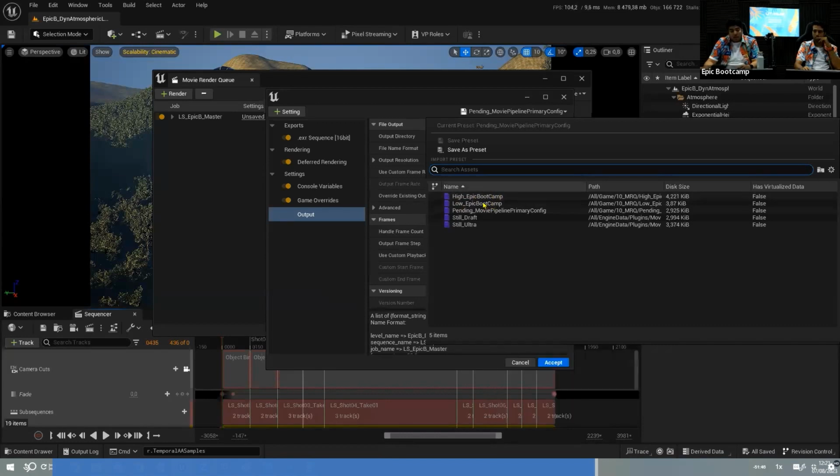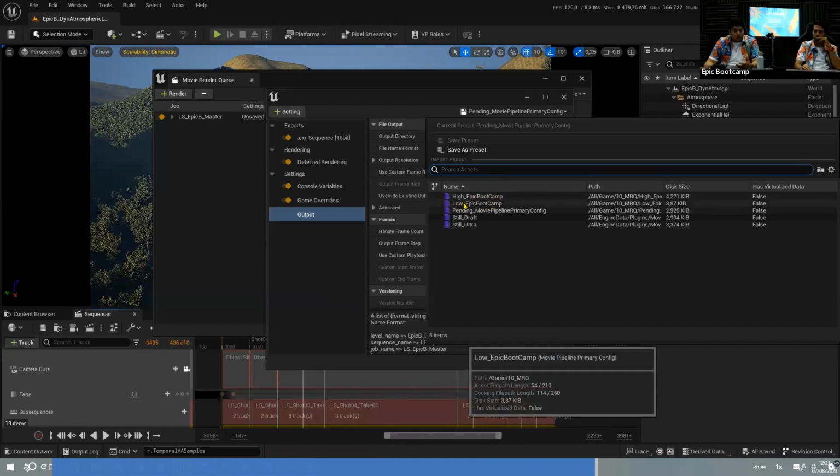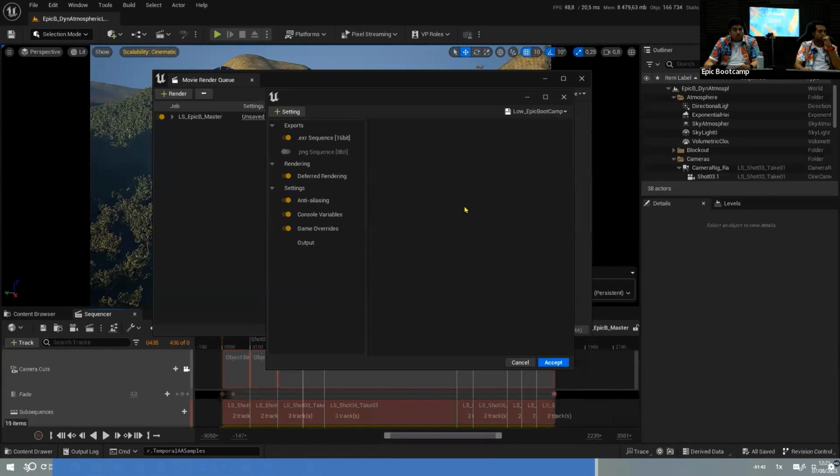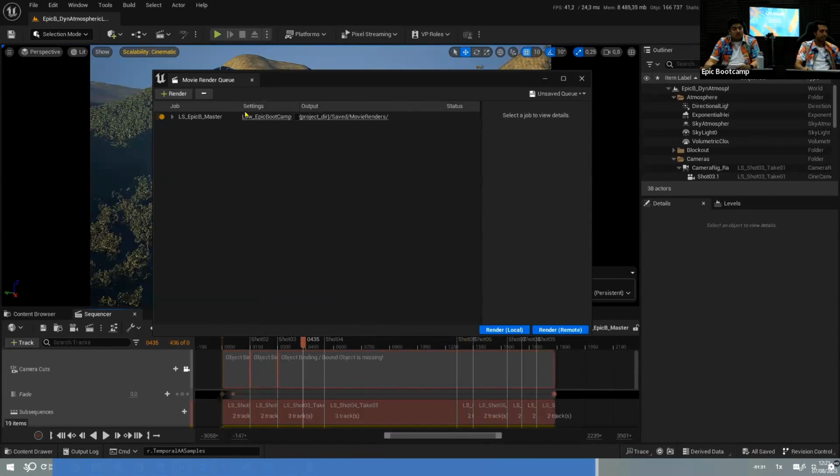So what I could do is load this one and you will see that all the information is already loaded for me. You can see that what I did is turn off PNG and enable EXR. And when I do this, everything will be applied to this project. When you go to settings, you will see that